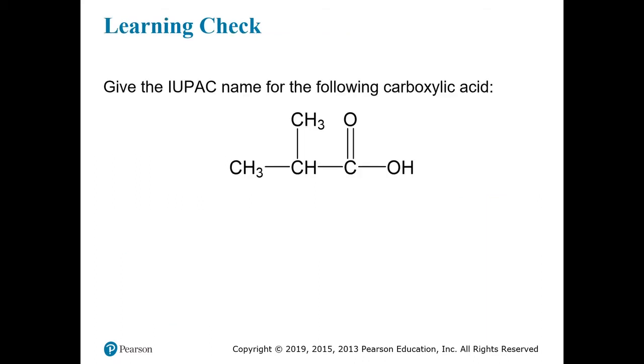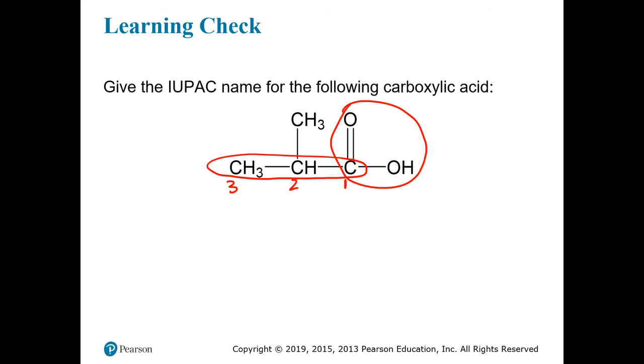So let's take a look at this example. Here we're given the structure of an organic compound, and it says, give the IUPAC name for the following carboxylic acid. We can see that this COOH group here is what makes it a carboxylic acid. And we can also see that it's part of a 3-carbon chain. So remember, the carbon in the carboxylic acid is the first carbon, then this would be the second, and this would be the third. So we have a 3-carbon chain, which would be propane, but as a carboxylic acid, we would call it